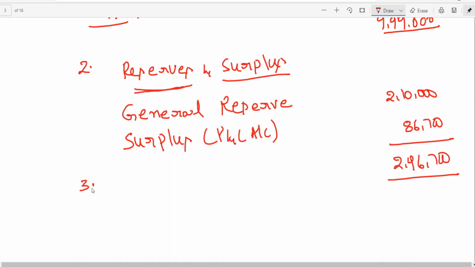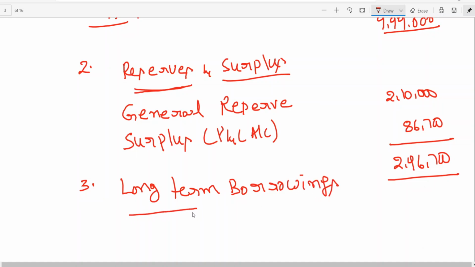If appropriation is there, we could have done the appropriation. When you are preparing statement of P&L and balance sheet, then this is going to be a significant adjustment. Then under long-term liabilities, non-current liabilities, we are having long-term borrowings. I have told you already: loan from State Finance Corporation, secured and unsecured loans. Two items we are having.